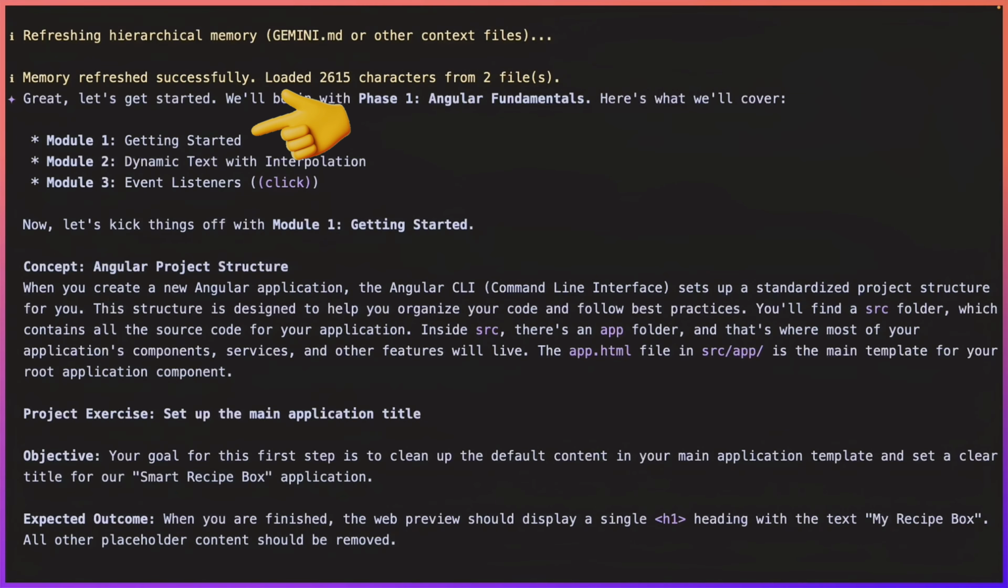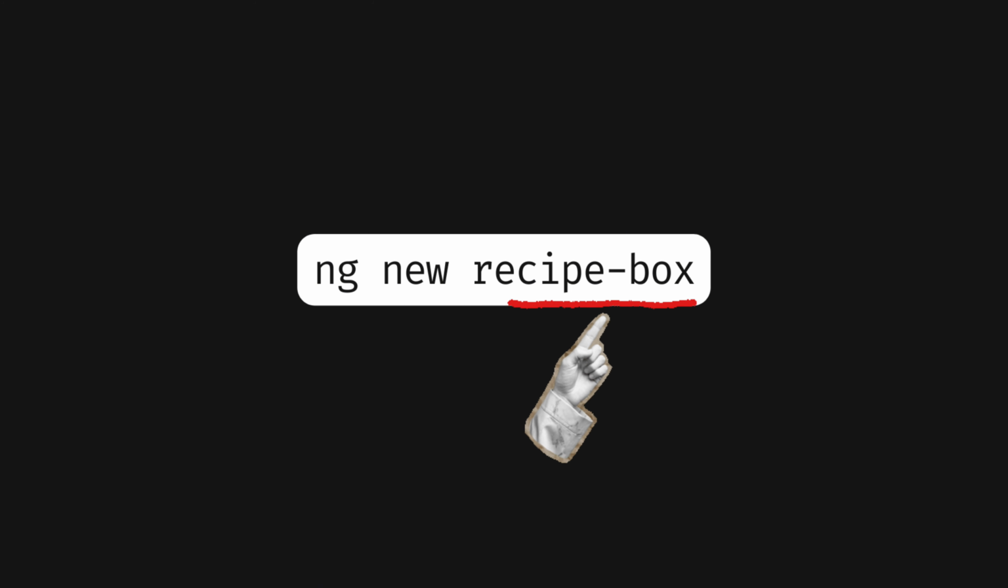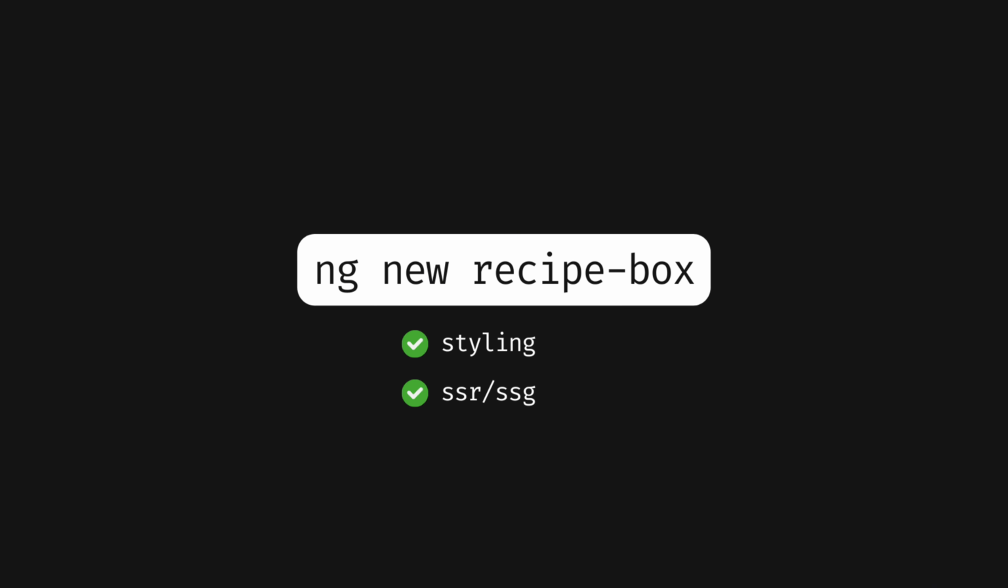Let's start with Module 1. The tutorial starts by explaining the project architecture. When we ran ng new followed by the project name, that is recipe box, and selected our options like styling